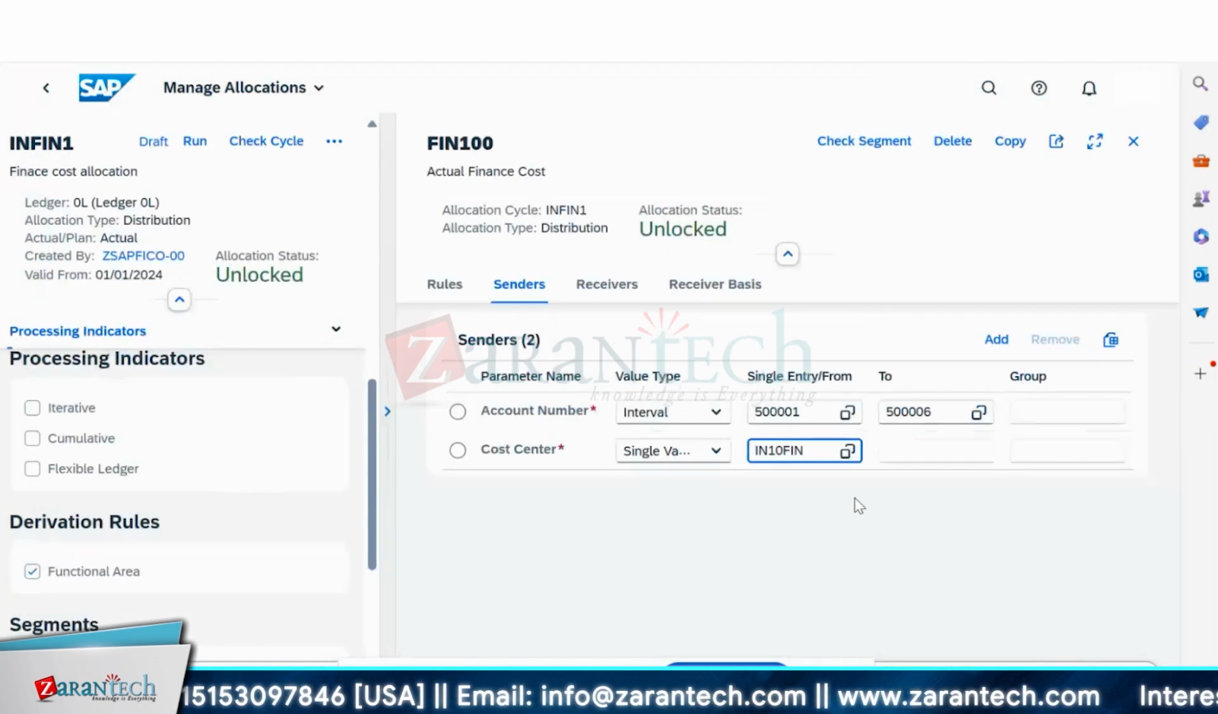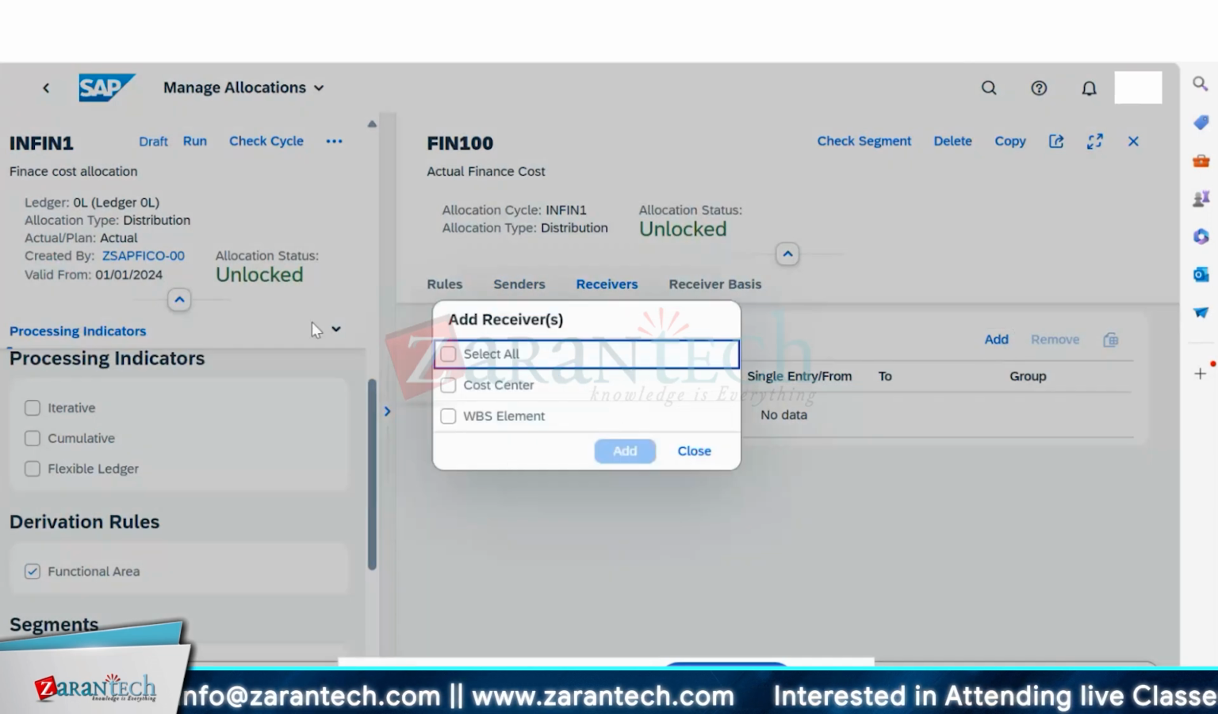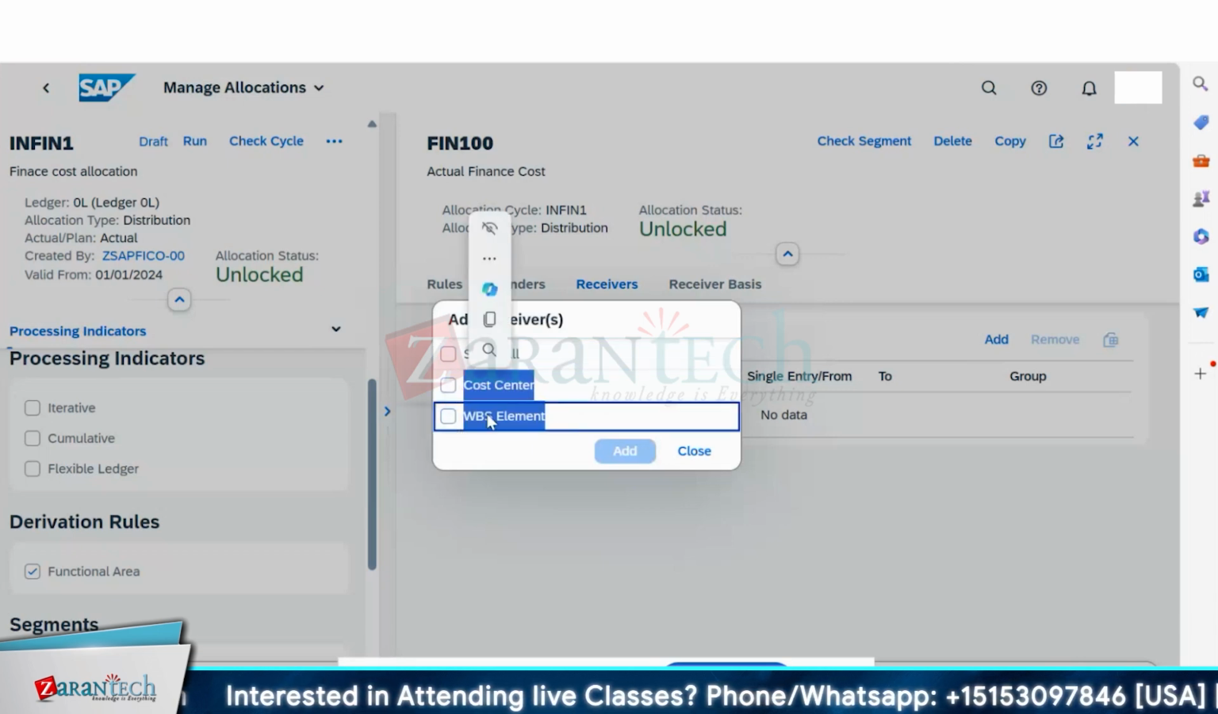Same. I would like to transfer finance cost to other cost centers. Now receivers, add. So here, this is the limitation again. If you see here, you can transfer the cost to cost center and WBS element only. As of now, the receivers,